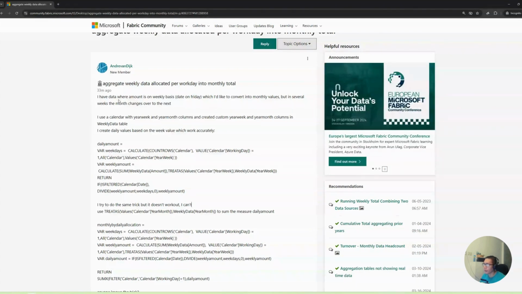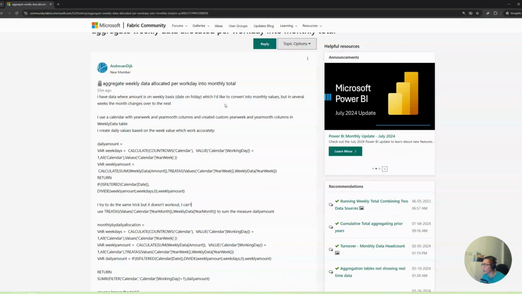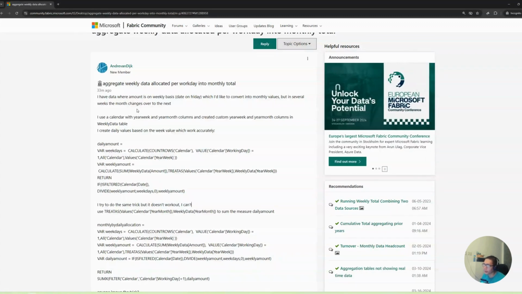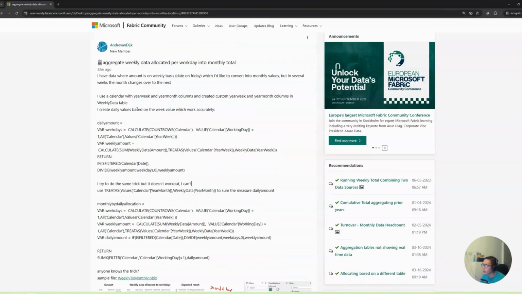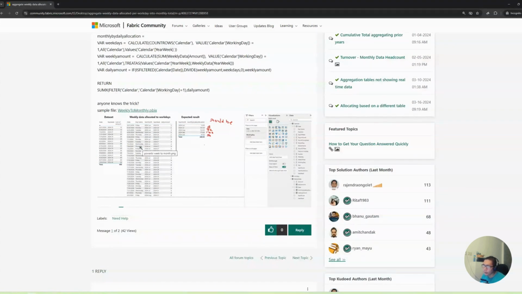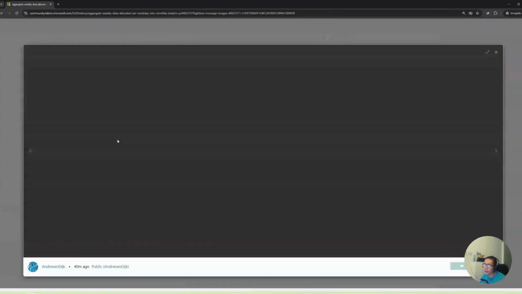So I have data where amount is on a weekly basis. Date on Friday, which I like to convert to monthly, but several weeks the month changes over to the next. So that adds complexity to calculation index. And mukhang sa screenshot niya,